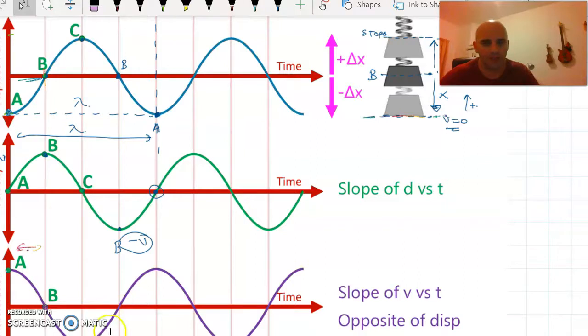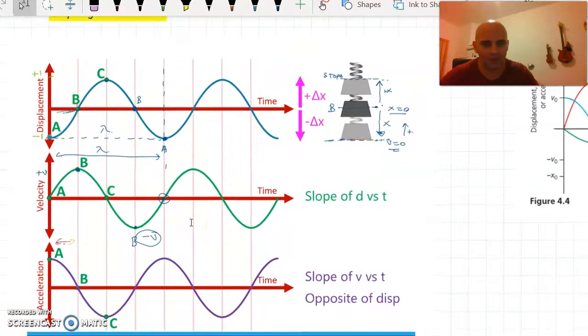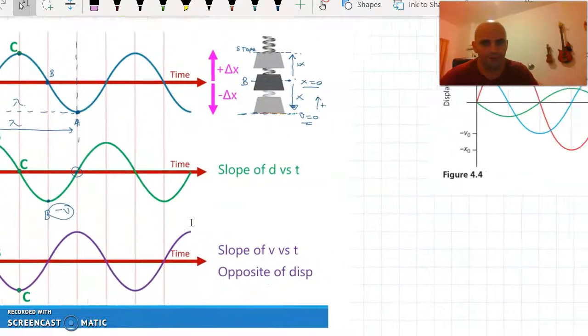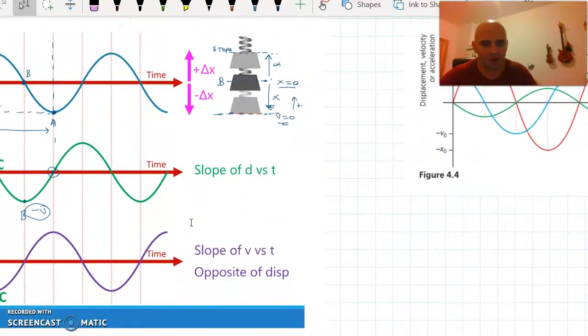Okay, and it just so happens to turn out, well, we've noticed from kinematics anyway, that if you have a distance time graph or a position time graph, okay, position versus time, if you get the slope, the change in x divided by the change in time, then that will give you the velocity. That's exactly what we get here. If you get the slope of this at any one point,